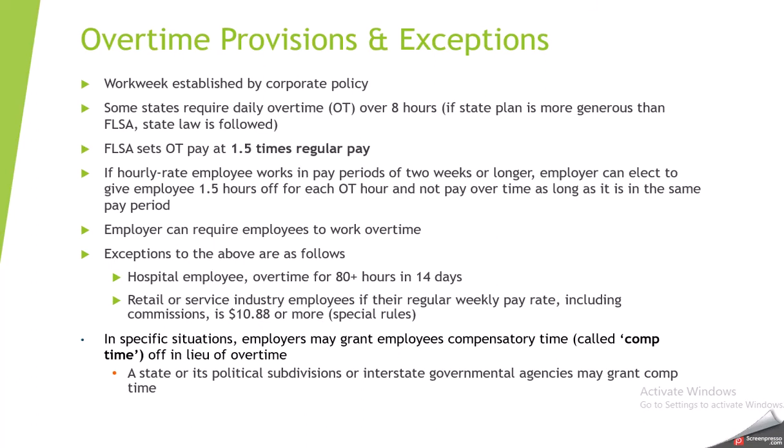Then overtime is set to be 1.5 times the regular pay. How I normally do it is kind of a straight line computation. If a person works 50 hours, I say, okay, they get paid their regular rate for 40 hours. For those 10 hours of overtime, I take the 10 hours times their regular rate times 1.5, because that 1.5 is time and a half, and that gives me their overtime pay. You could also calculate a separate overtime rate and multiply that by the overtime hours. That would be fine as well.